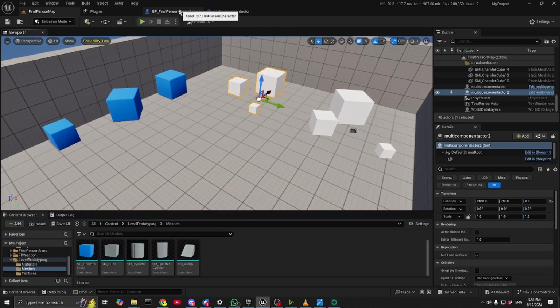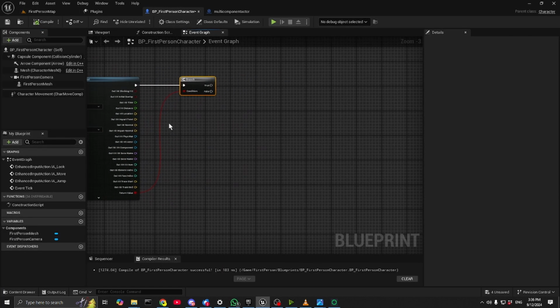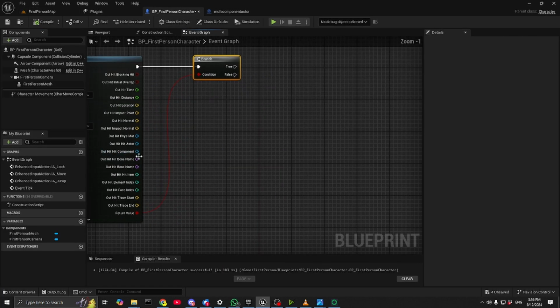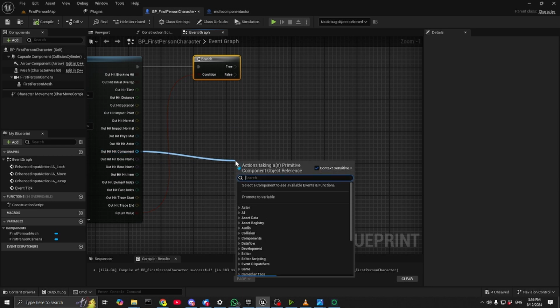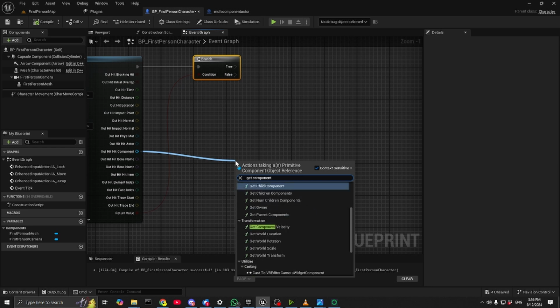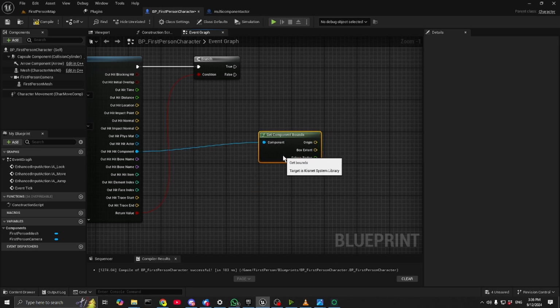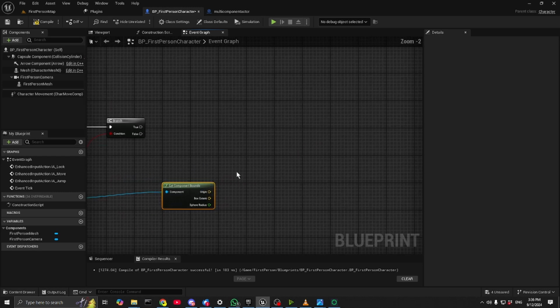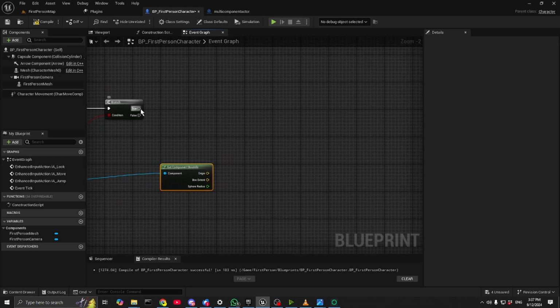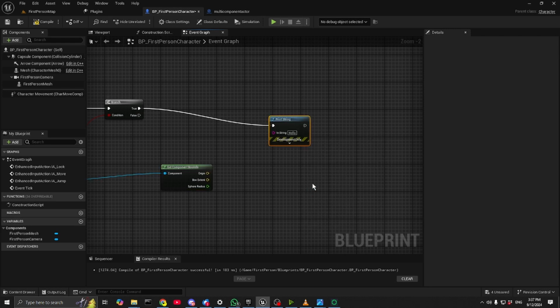So what we're going to do is we need a line trace, which I've already made, and then we want to take out hit component from that line trace. We're going to go get component bounds. Now this isn't going to work necessarily as you'd expect straight out, because there's a couple of little hitches with this. What we're going to do is print the value,